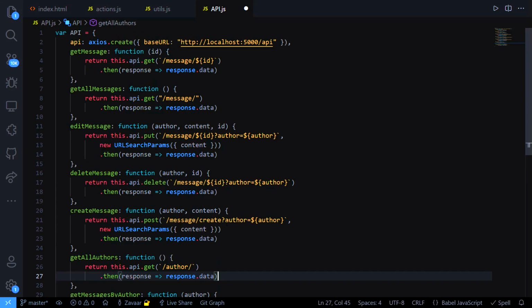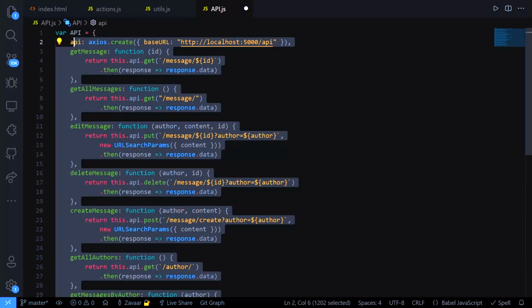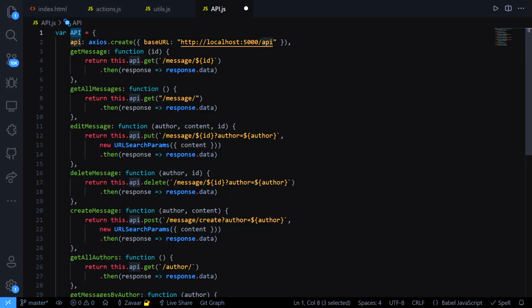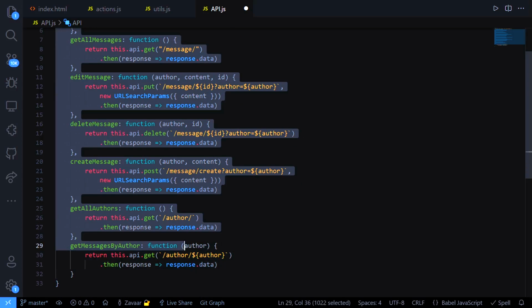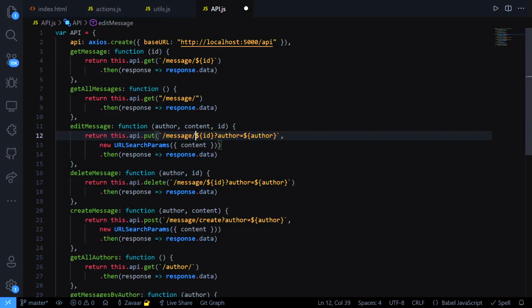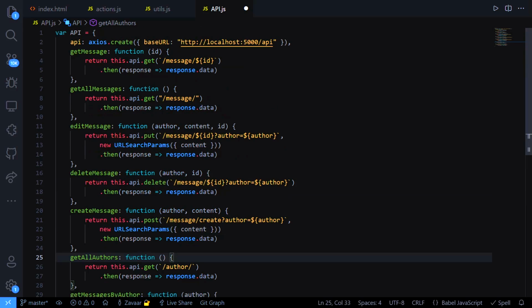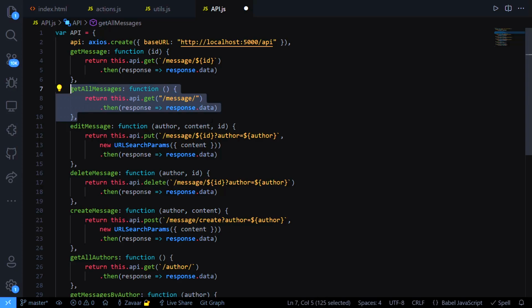I don't know what I just did, but now if you see right here, this variable called API is a powerful kind of variable. If you were to refer to it, you have access to all of these routes, or I guess functions, that allow you to interact with your backend. So I'm going to run my backend real quick, and I'll show you how you can call these functions through the